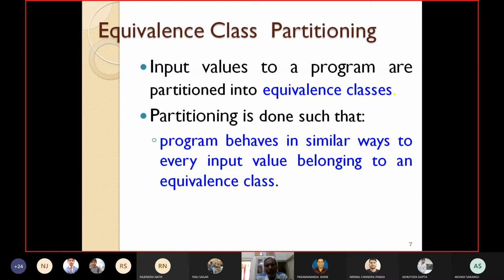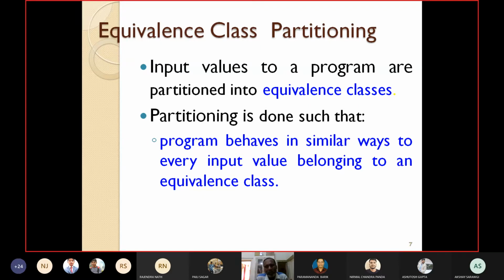You might have known about the congruence modulo operator: A congruence B mod N. Suppose you want to find the equivalence classes: you take the set of natural numbers, and mod N you can take, suppose, 3. Congruence modulo 3 means you take the remainder.